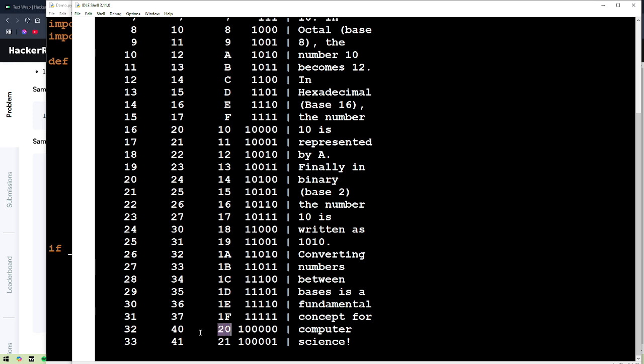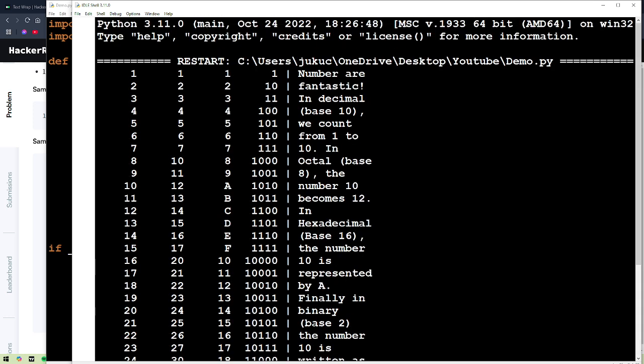we get to 20. And then as for binary, an easy way to explain this is using powers. So this first column is basically 0. I think it's 0 to the power of 1, I believe. This is power of 2. This is power of 3. This is power of 4. So for example,